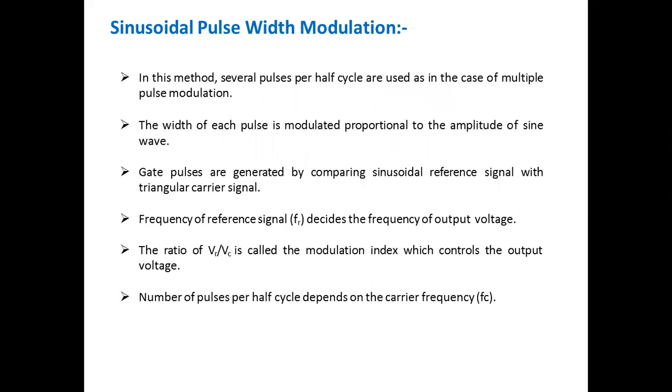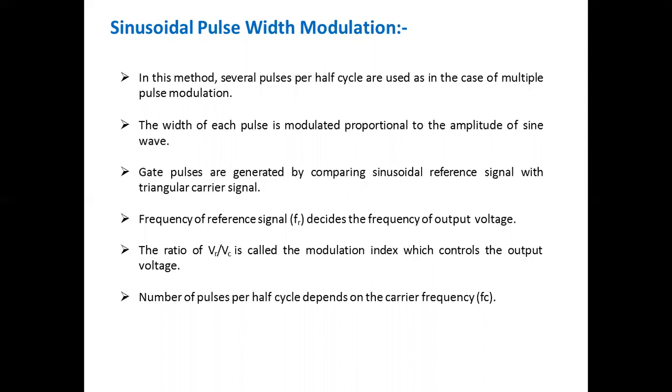First, as you know, what is pulse width modulation? The pulse width modulation of an inverter is one in which there are a number of pulses in the half cycle. As you've seen, in the single phase inverter, half bridge or full bridge, we get only one pulse per half cycle. But in pulse width modulation, you will get a number of pulses, or several pulses, per half cycle. So this is known as pulse width modulation. A similar concept we can use in sinusoidal pulse width modulation.